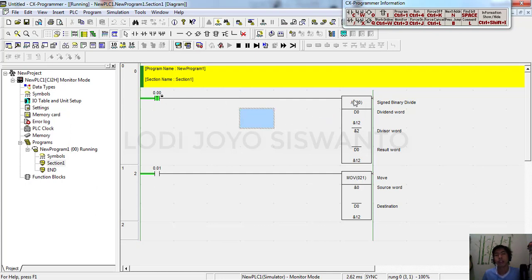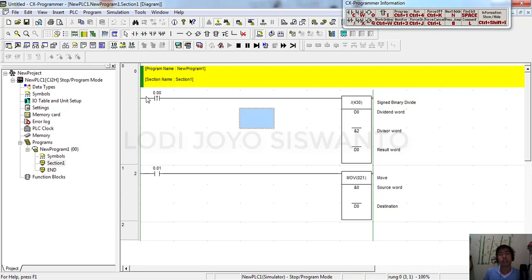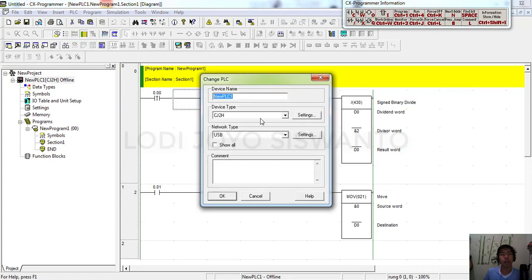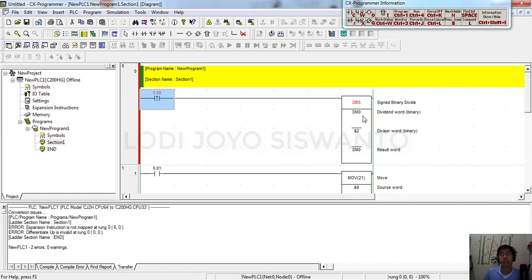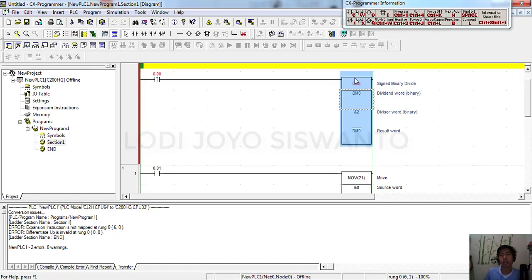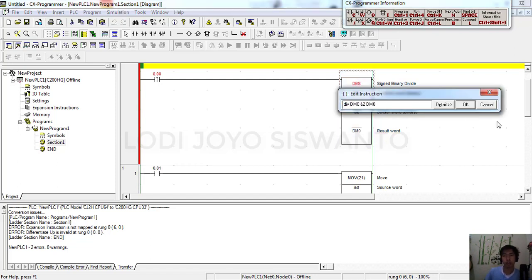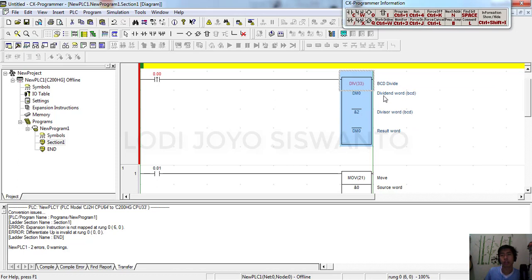And the symbol divide is just in this type of PLC, other types depend on the type of PLC. In another PLC, for example C200HG, you cannot use the symbol dividing, you must use the DIV instruction, like this. And you cannot use the DIV up instruction in the contact,